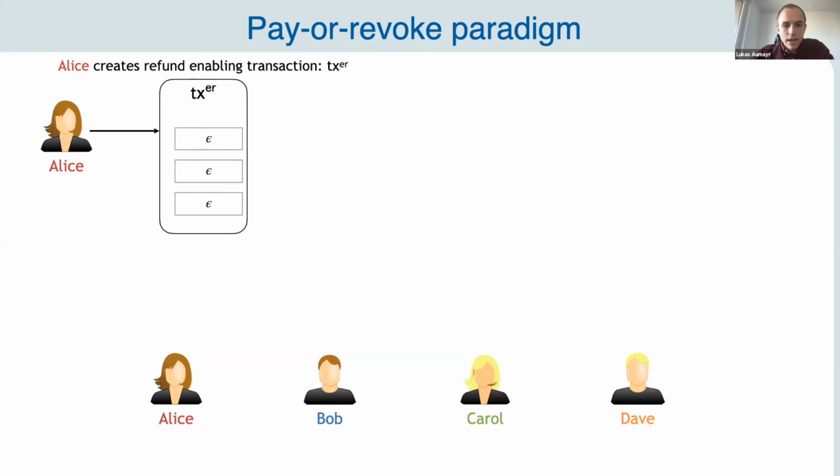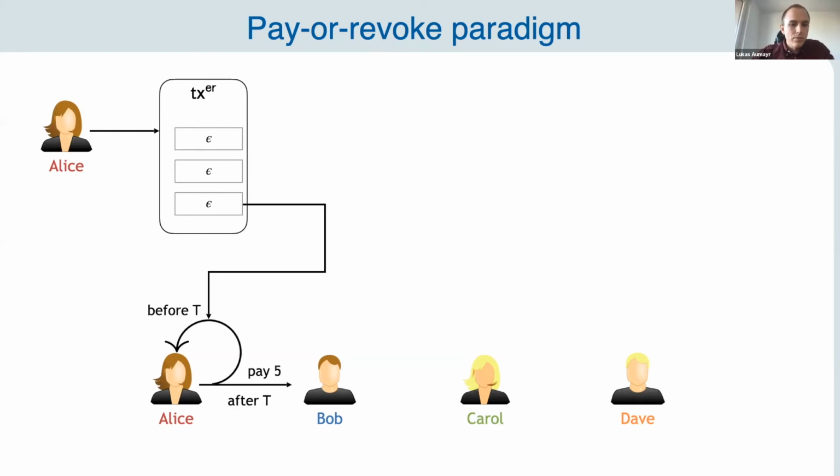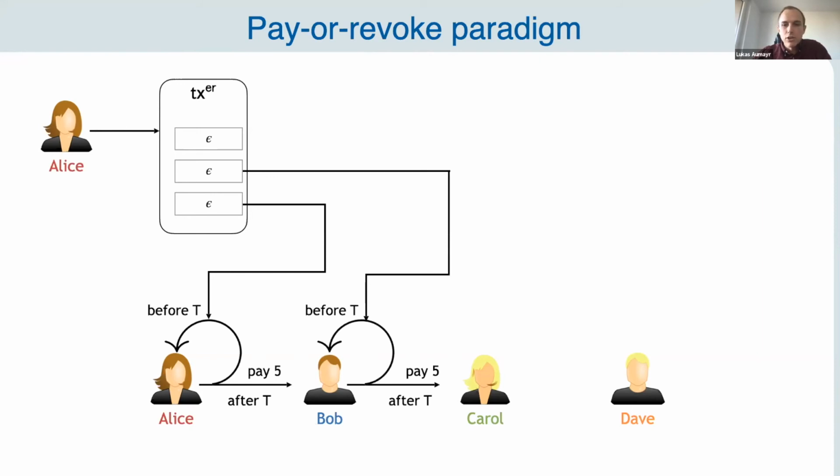Right. Now Alice goes ahead and creates the following contract with Bob. And this contract looks similar to what I've shown in the last slides. So again, after this time t chosen by Alice, Bob will get the money. But before time t, Alice can refund, but only if the transaction TXER was published before by Alice. And the way this can be done is simply by using this output in TXER that belongs to Alice as an input for her refund transaction. Right. After this, Bob will go ahead and create the same with Carol,